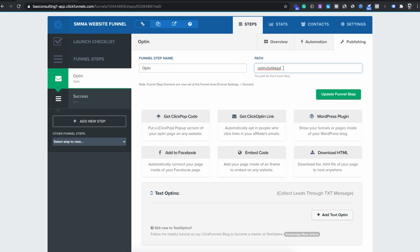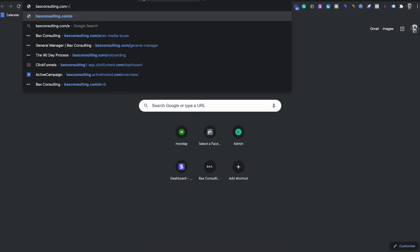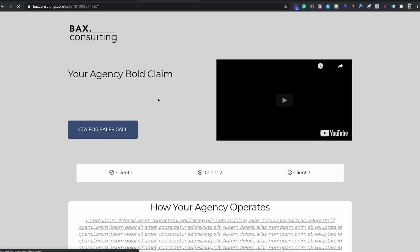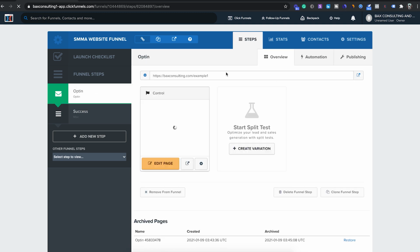So the second URL level is a funnel step, and you can see here the path is different, right? So now if you went to example 1, Bax Consulting /example. Bax Consulting is the domain for the entire website, but then the path is /example. This is the funnel step level, right? So baxconsulting.com/example is going to take me to the first page in the funnel, which is this specific page right here. Now, if I go into this specific funnel step, you can see that the URL for it is